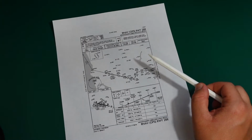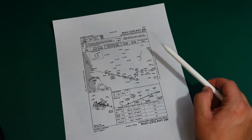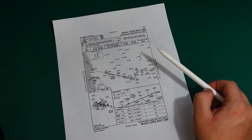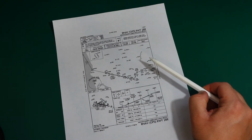And even then, if you have opted to shoot this approach at, say, 110, 120 knots, that's still quite a bit of speed to bleed off, in which case the argument can be made that you're violating 91.175 because the aircraft is not stable. You're too fast. You're going to have to make aggressive changes in flight configuration and